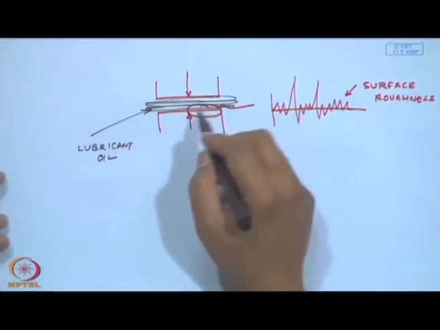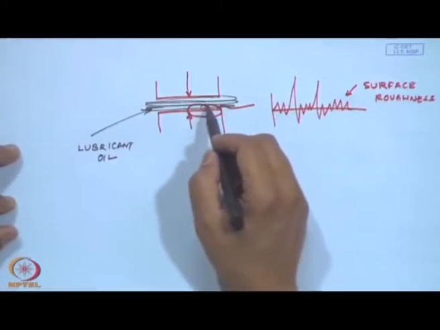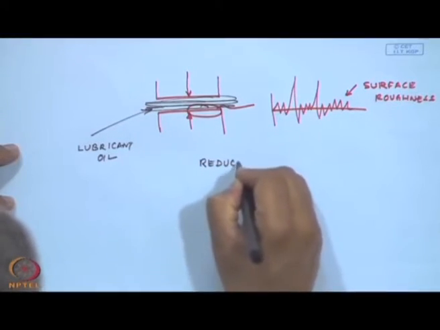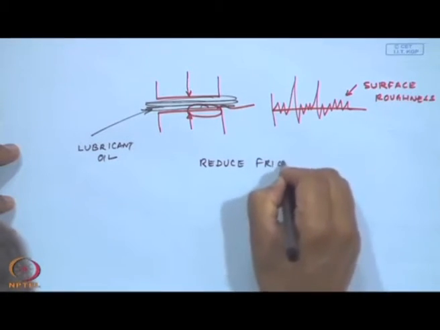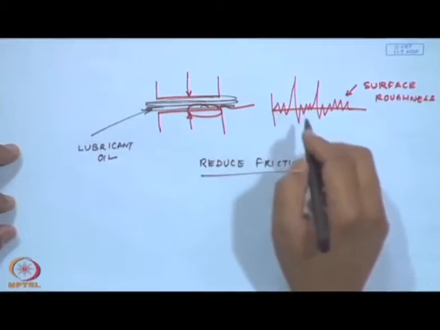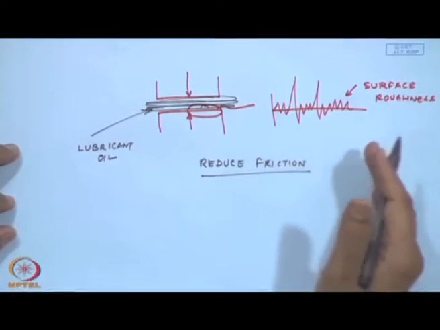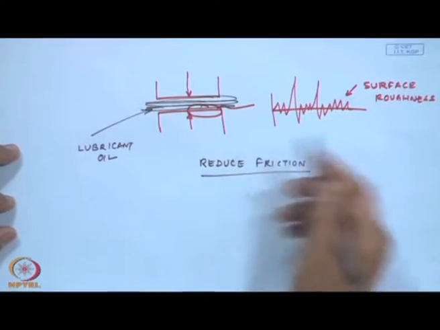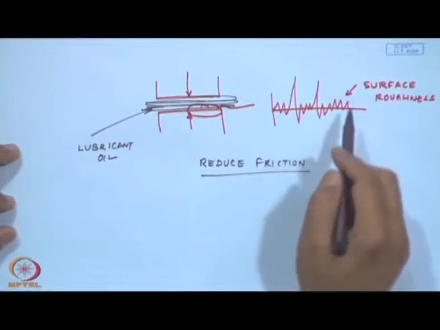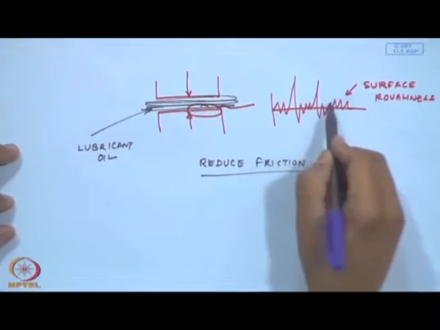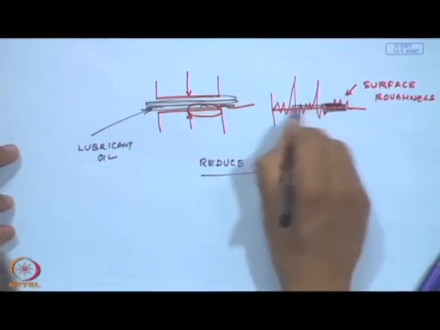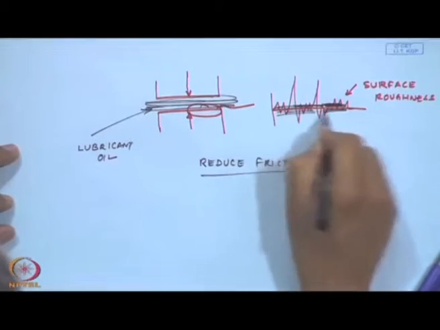Okay. So, the purpose of this lubricant is to reduce the friction, because reduction of friction between two meeting machine members means that the forces or the power consumed to move them will reduce. Friction can be reduced by closing these asperities in these surfaces by having this lubricant here.